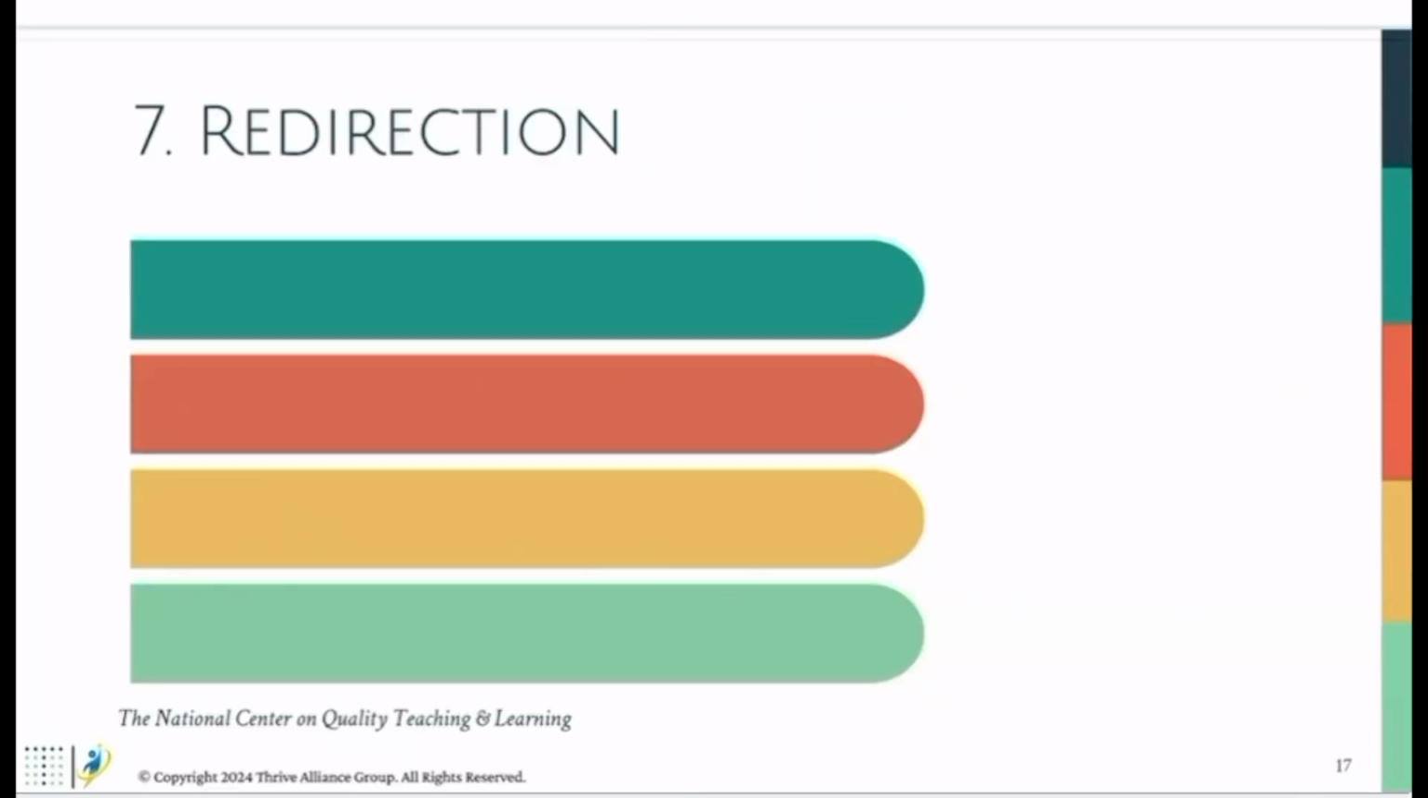Redirection is another proactive strategy to use just before the behavior repeats or escalates. The goal is to re-engage the child with an appropriate option while minimizing attention to challenging behavior. We can redirect student behavior in one of 4 ways: verbally redirecting the child to the acceptable or preferred behavior, physically redirecting a child in a different direction with a gentle touch, cueing, like using a hand gesture to signal